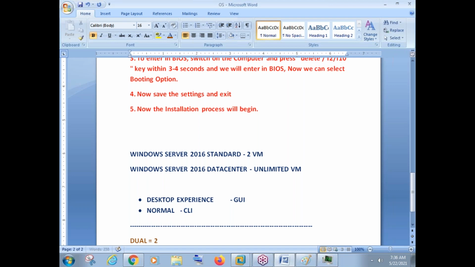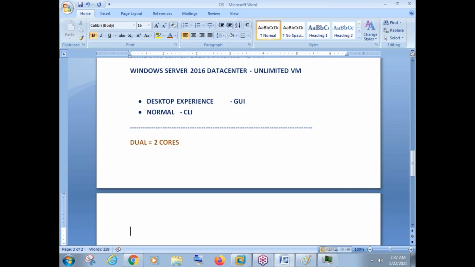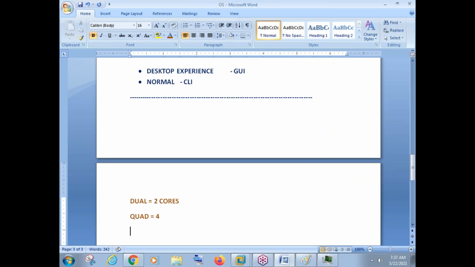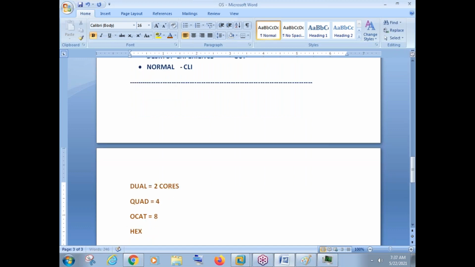Dual means two cores. A processor can be quad core. Quad means totally four cores. Octa core. Octa means totally eight cores, and hexa core. Hexa means totally 16 cores.